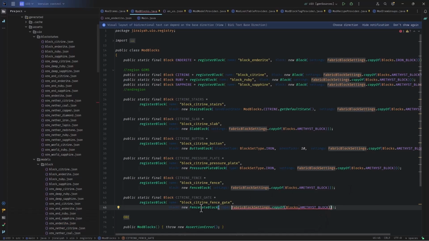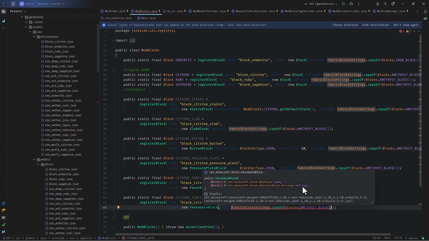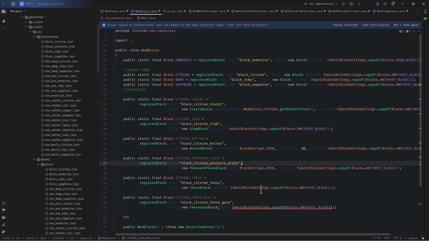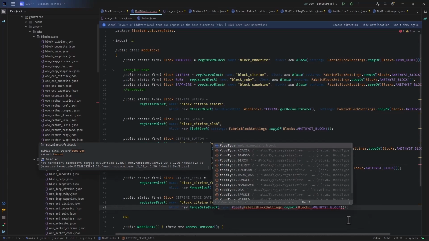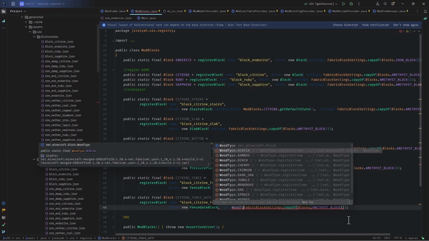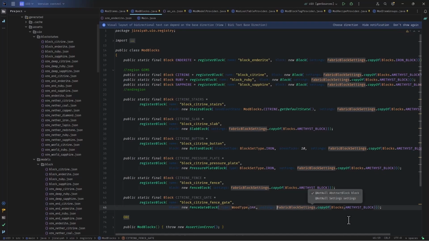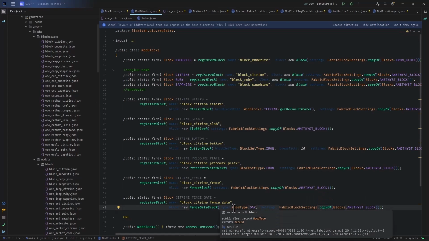After the fence, we have fence gate, and this is fence gate block. And again, if you look now, it asks for type and settings. Now type here says wood type, okay? And it means what type of sound it should play most of the time. So if you say wood type dot, for example, I don't know, oak, why not? And then honestly, it's not a big deal for fence gates because